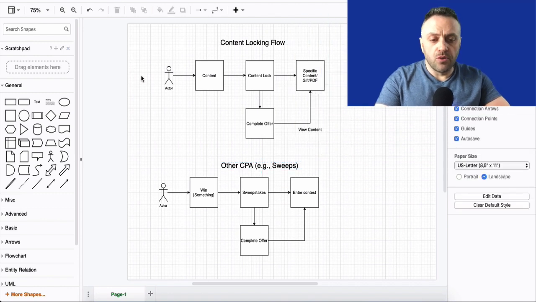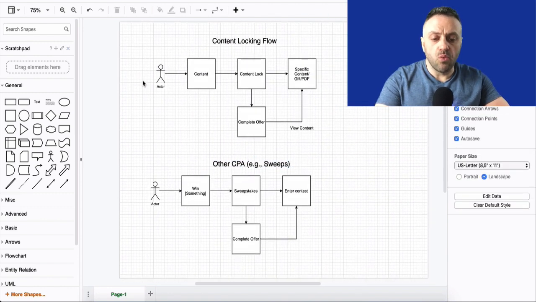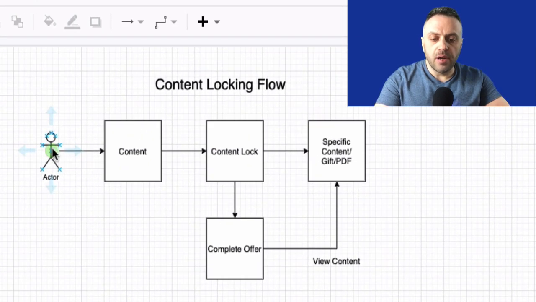So the first thing I want to talk about is how content locking works and how it compares to some of the other methods for promoting different offers, such as sweepstakes. As you can see in this diagram, we have the user, the visitor. They get to your content and you're giving away this content for free. You're not locking the content right away. Initially, you're giving it away for free, and they come to your content, consume it, read it, check it out, and then the idea is you're going to put a lock on